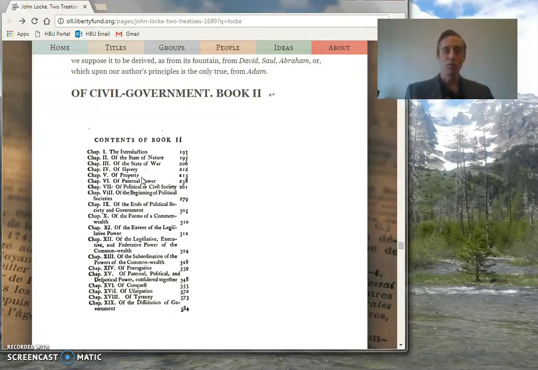The modern language of rights is going to evolve out of and in opposition to this notion that the king has a right to rule through God. In the first couple chapters of John Locke here, he's going to be talking about natural rights and what rights every individual naturally would have in a state of nature. Okay? So this language of natural rights in opposition to a tyrannical king is going to